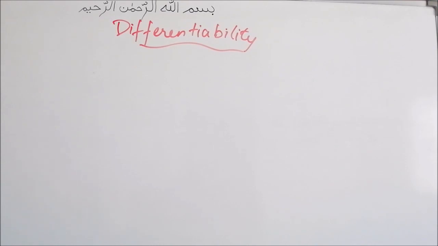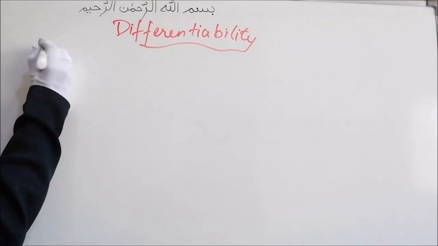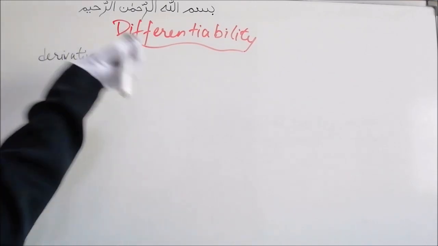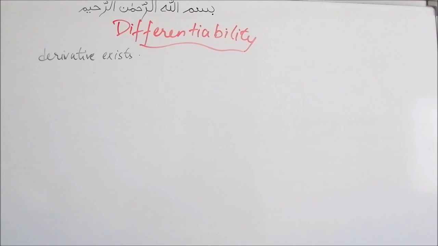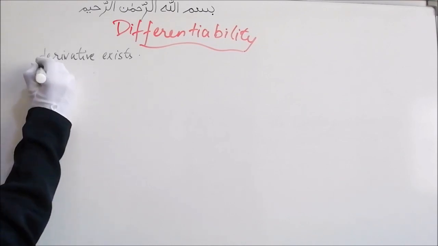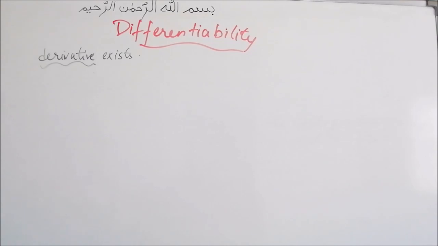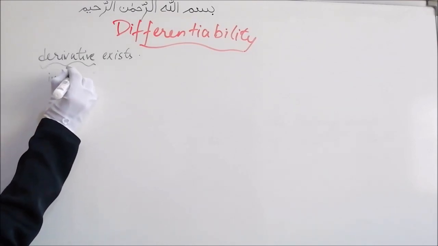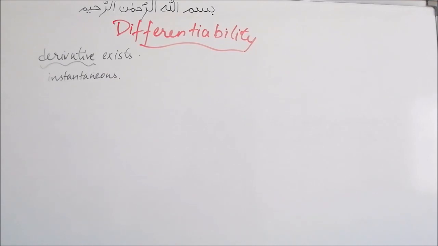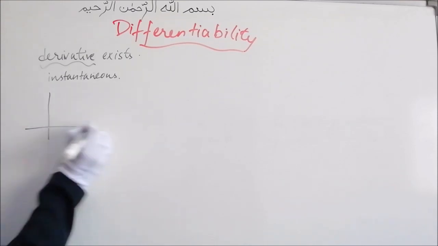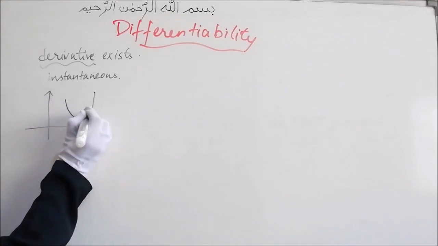Now we will look into the differentiability of a complex function at, let's say, some point z naught. Now a function is differentiable means what? Its derivative exists for every input value of the function. Now a derivative is nothing but how much something is changing with respect to something at a particular point or instant, which is what? Instantaneous. And if this derivative exists at that point, then that derivative is the slope of the tangent line drawn on the graph at that point. So it will be like this.